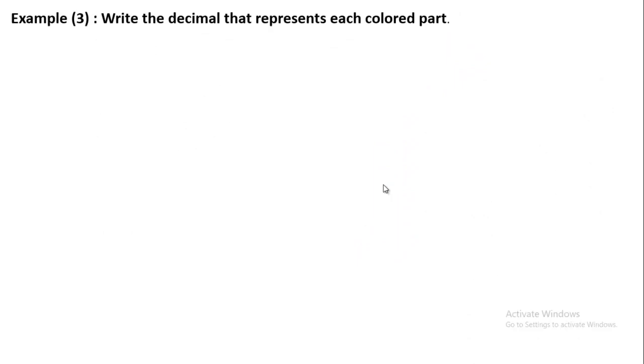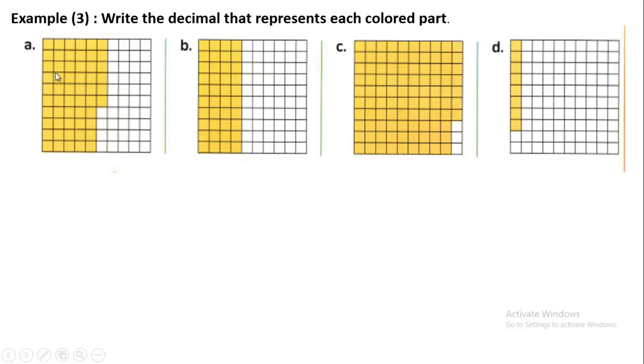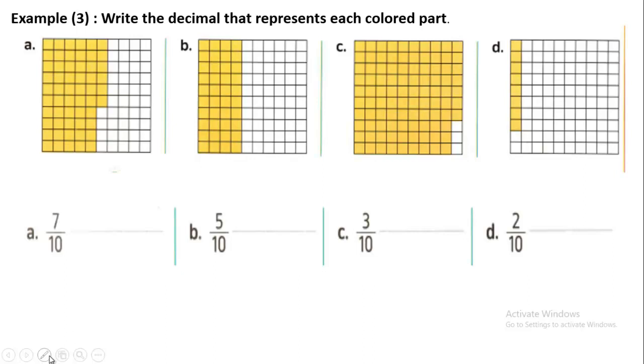Example number 3, write the decimals that represent each colored bar. We have 56 colored bars from 100, and I want to write the decimal, not a fraction. So it is equal to 0.56. Number B, we have 40 colored bars from 100, so the fraction is 40 over 100 and written in decimal as